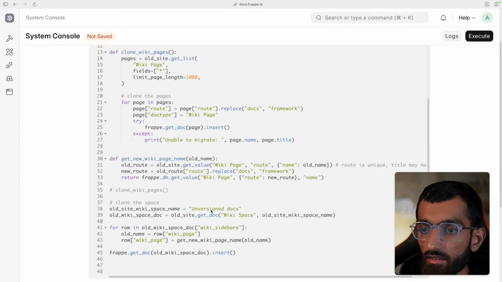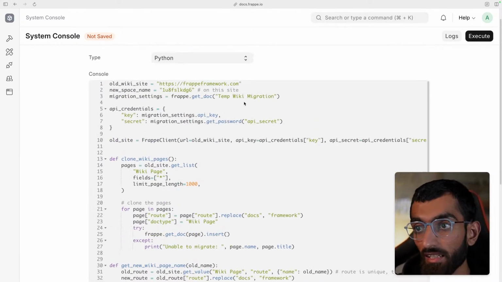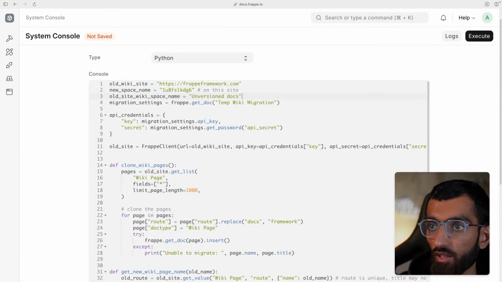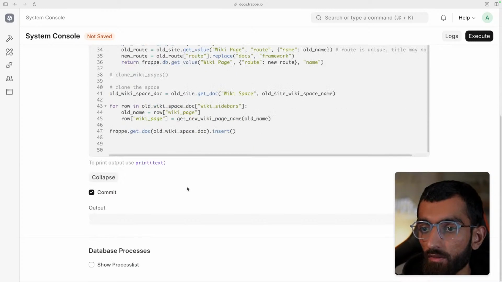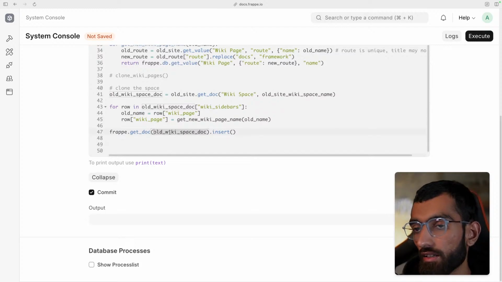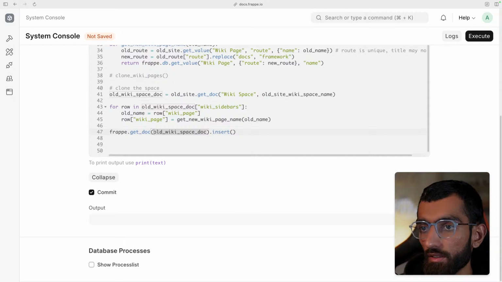And let's copy this one to the top as well because these are constants. And I'm thinking of reusing this script for erpnext.com on the old site, right? So let's do this and new space name. So instead of here, it won't be this. It will actually be